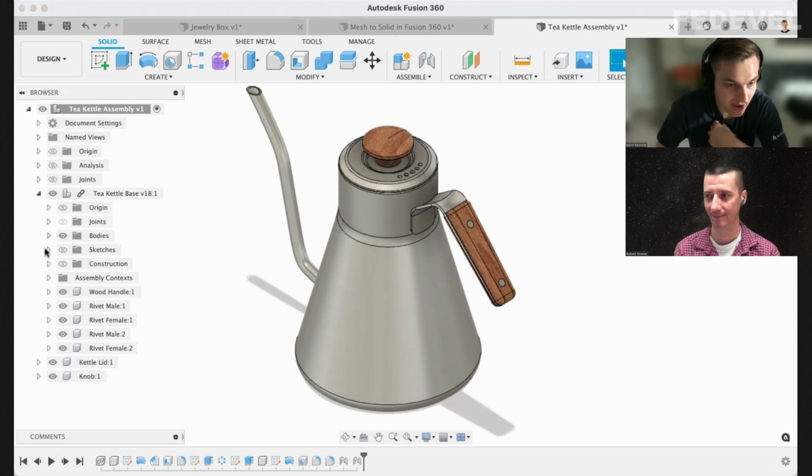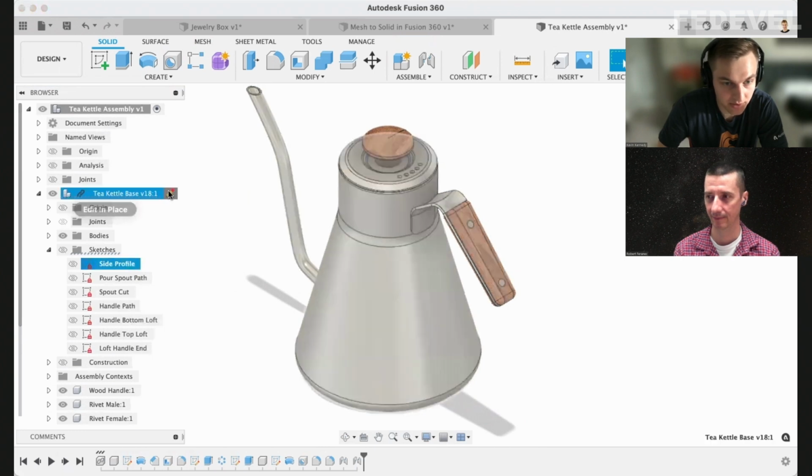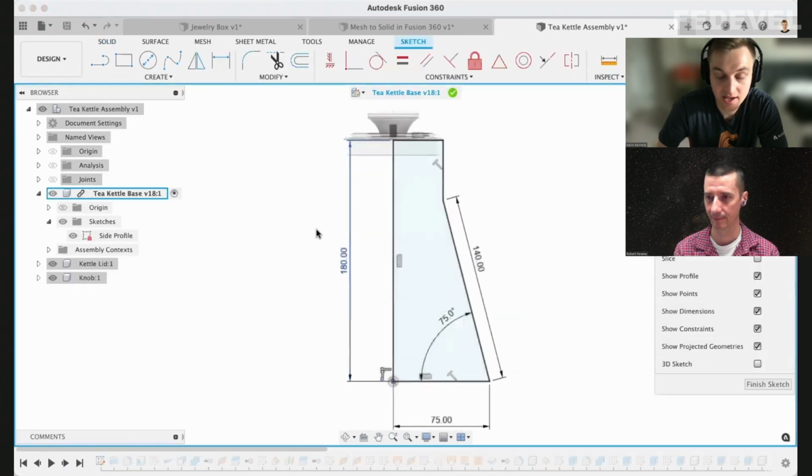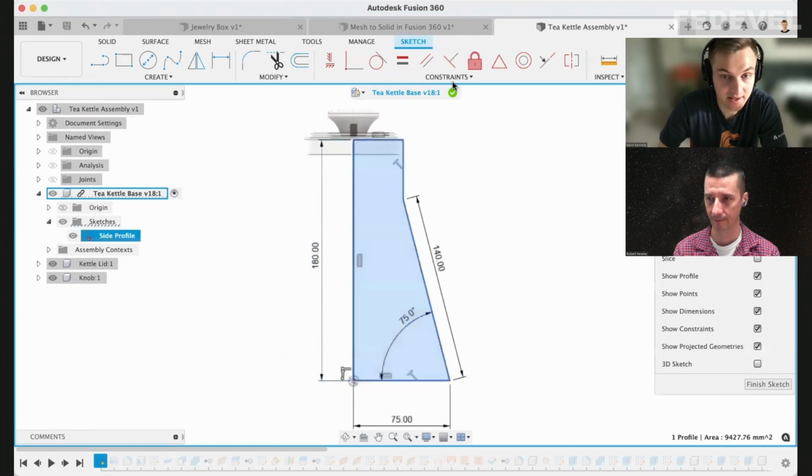So if you look at my sketch here, you'll see that all of them have this red lock icon, which represents that it's fully defined. So really what that means is we used a combination of, whoops, let me edit in place. And then, so you'll see that I used a combination of both sketch dimensions to apply the actual length or value, degrees in this case, and constraints, which you can see a number of different constraints up here in the